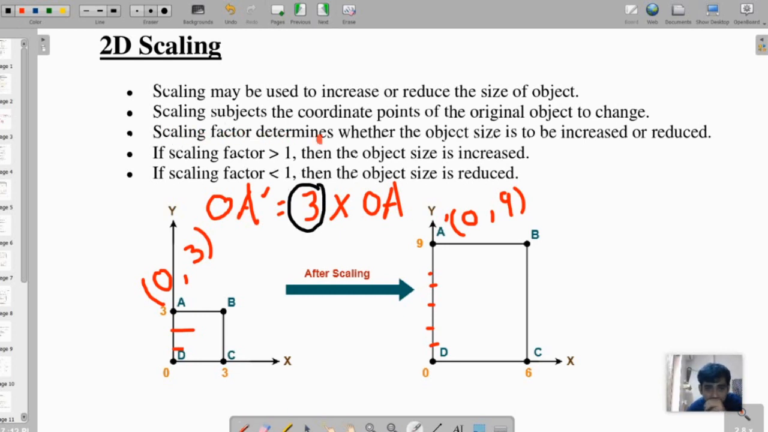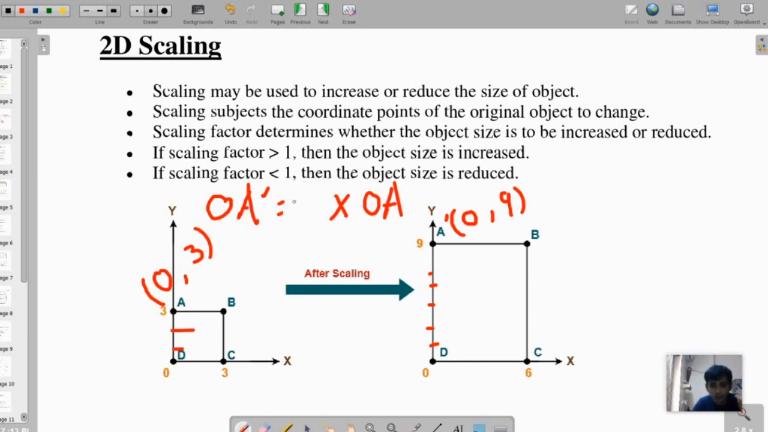Now, scaling factor determines whether the object size is to be increased or reduced. If scaling factor is greater than 1, then the object size is increased. In our example, you can see that scaling factor is 3. That means the scaling factor is greater than 1. So, the object size has been increased. Now,